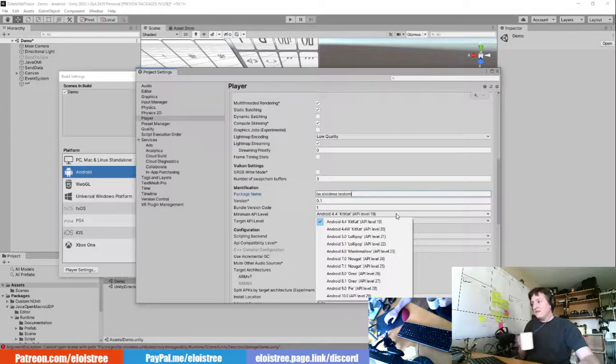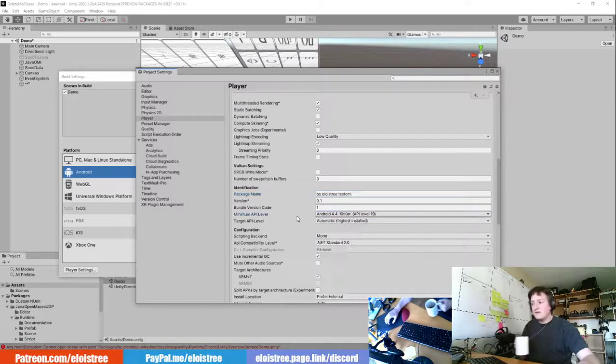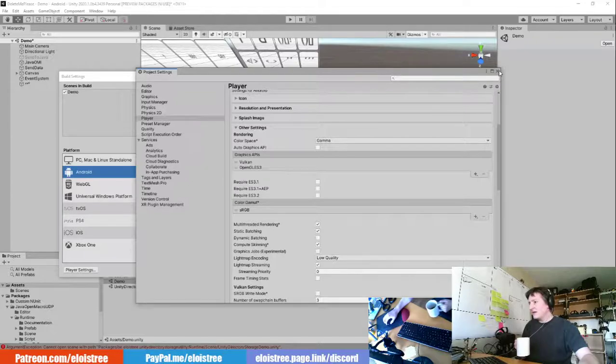Know that in the new version of Unity you cannot easily compile for old phones. So if you have a phone with version 4.2, sorry guys, you will have to learn a lot of stuff to do what we are doing now, because you will need to install Java, install Android Studio and or the Android SDK, and understand how to link it to the Unity system. So good luck. But if you really need, ask me and I will maybe do a video, maybe help you, I don't know. I have done it, I know how to do it, but it takes a long time. So here 4.4 minimum. When you have done that, you can close this window.